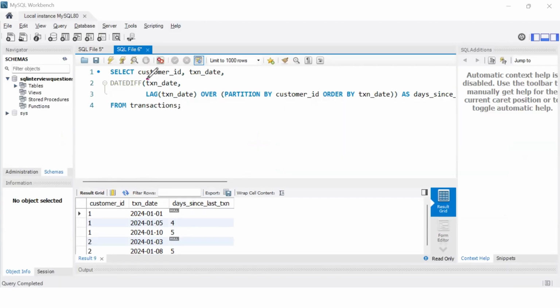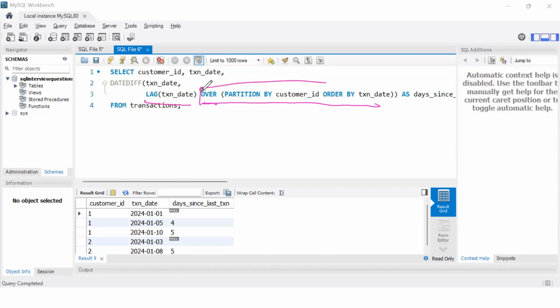Here I have selected customer ID and transaction date because they are expected in the output. Then I'm using date difference in order to subtract the two dates. The first date is the static date, this date. And the second date, if you see, I have written the code for it. I have created the window. First create the window and then you can add the function to it.